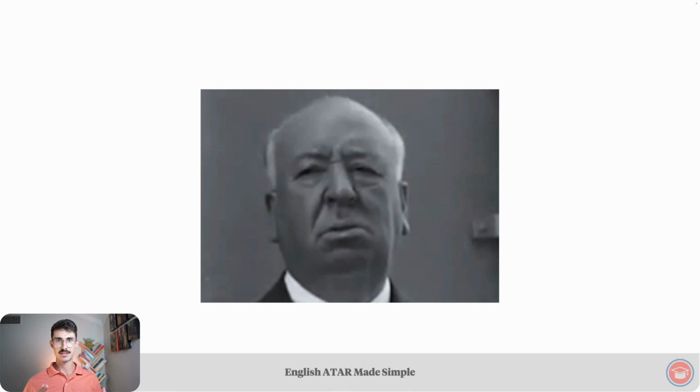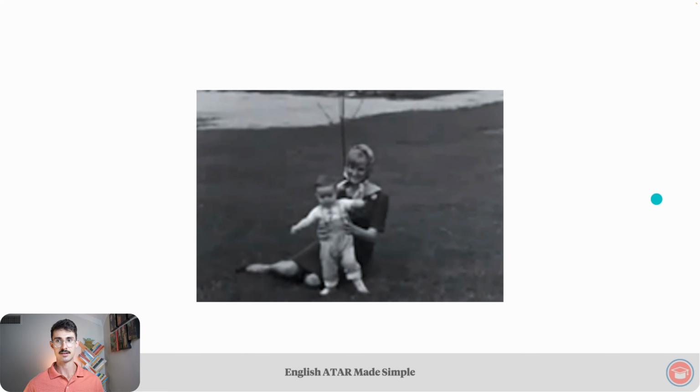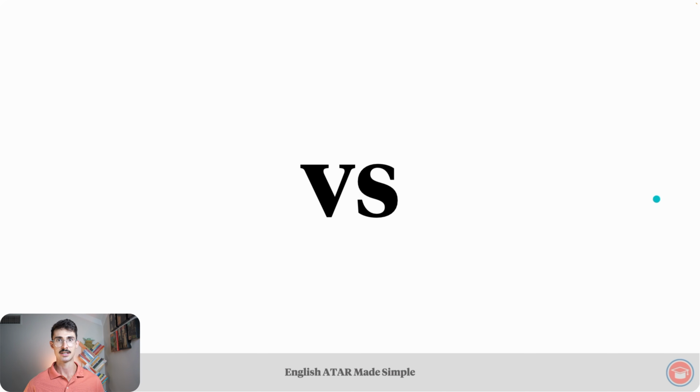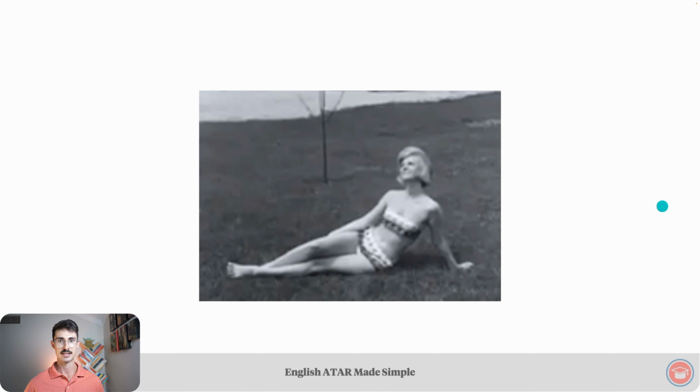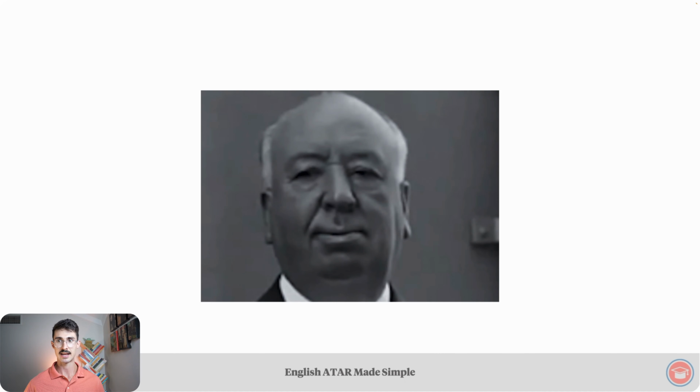To illustrate the effects of juxtaposition in editing, here are two batches of 3 different photos. The photo here that we've got on the slide is a photo of Alfred Hitchcock. He is the director of Psycho, mentioned a bit earlier, and he's known as one of the greatest directors of all time. Alfred Hitchcock sees a mother and her child, and he's happy. That's the first example. The second one is Alfred Hitchcock sees a woman sunbathing, and all of a sudden he